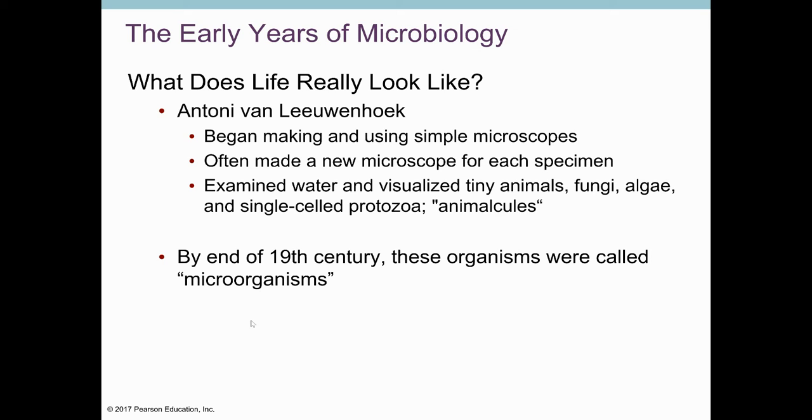And he was able to see tiny animals. Some animals are tiny, but you can still see them somewhat with the naked eye, and some are too small to be seen with the naked eye. Typically we're talking about parasite types of animals like worms and such. But he was able to see those with the microscopes that he made, and fungus, algae, and protozoans.